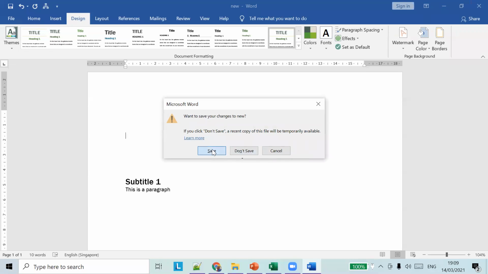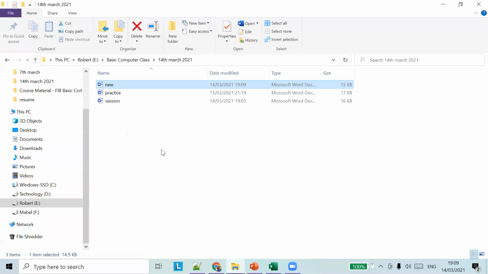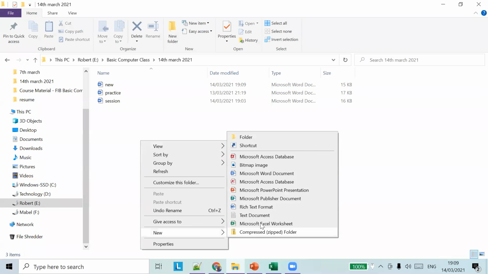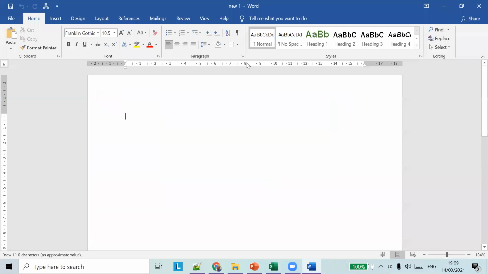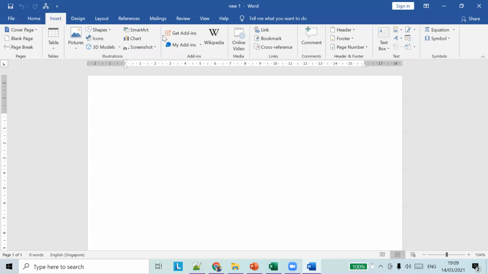So now what happens is whenever I open a new document, let's say I close this document, I save it, and I create a new document. I'll say new Word document. So now the default theme is already present.